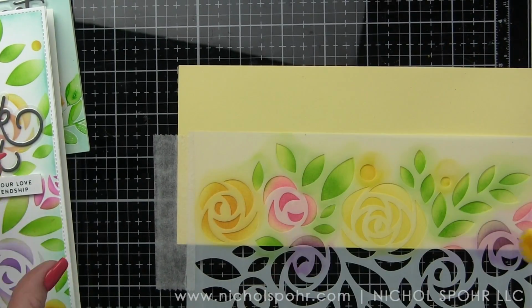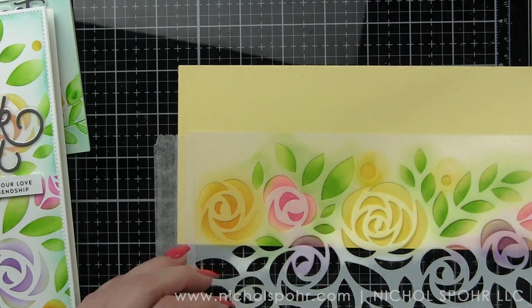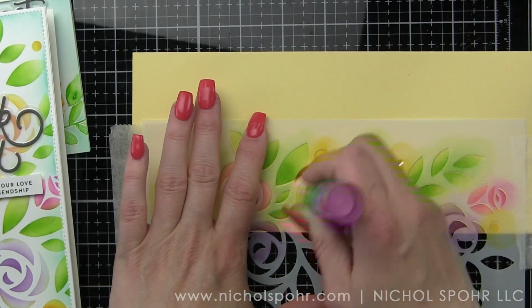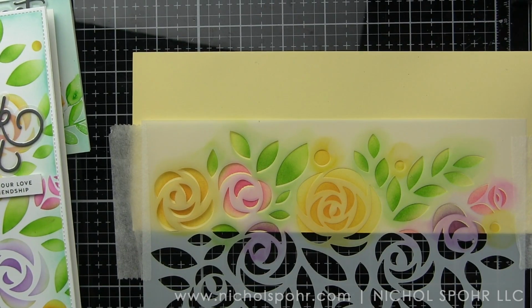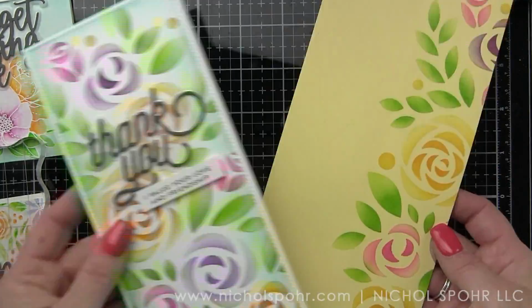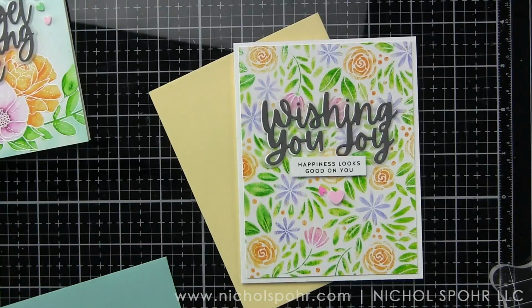A minute ago, you might have seen that whole stack of rainbow brushes on screen just briefly there. I love, love, love it. These are really wonderful. The small size makes stenciling a breeze because you're not having to mask anything off. So there is the first set all finished. Next up,